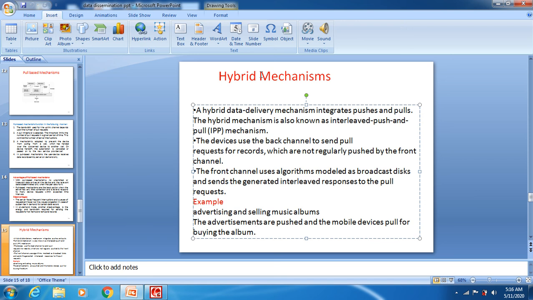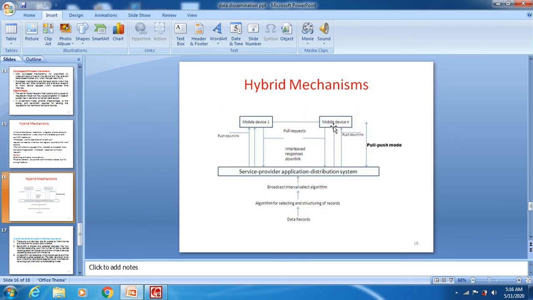So what is the work of the back channel? The back channel will send pull requests for records which are not regularly pushed by the front channel. The front channel uses the algorithms modeled as the broadcast disk and sends the generated interleaved responses to the pull request. So in the diagram, on the mobile device we are having the push operations as well as the pull operations.